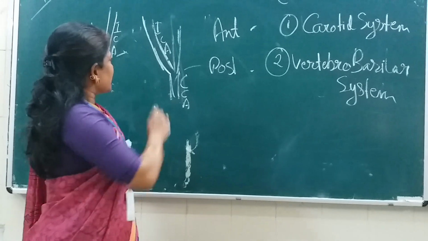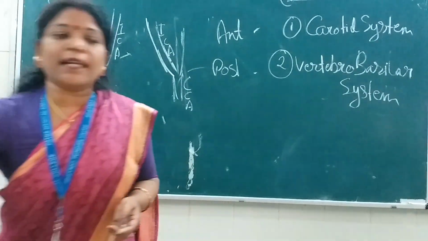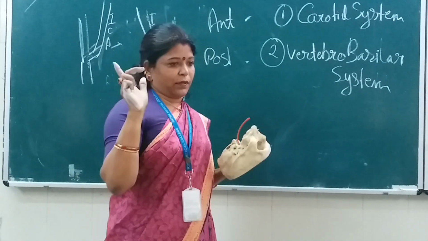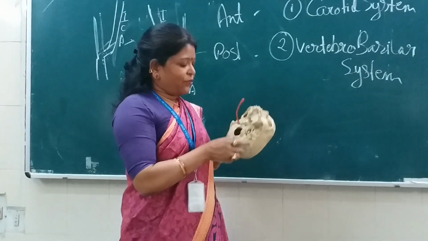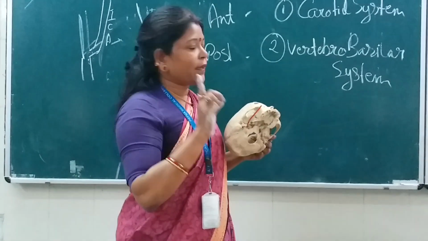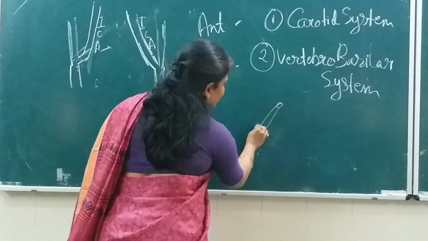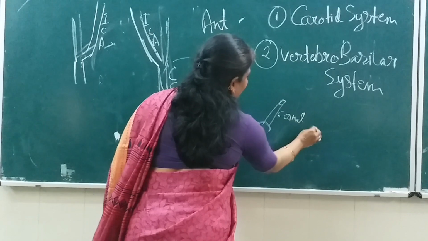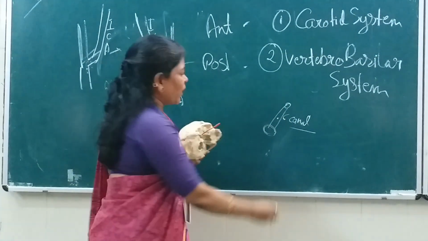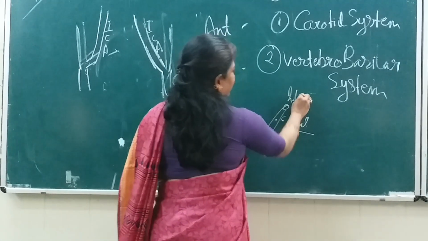Okay? This internal carotid artery enters the cranial cavity via which route, to supply the brain? Yes, very good. That is the carotid canal. You must know there is an oblique canal here which has two openings, the carotid canal. The carotid canal has two openings, one on the external aspect and another on the internal aspect.